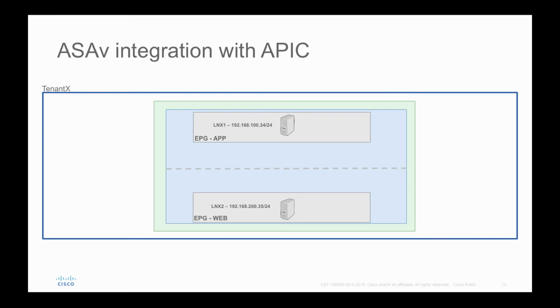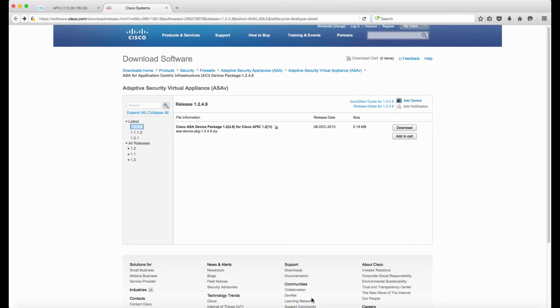Now using APIC controller and device package, I would be inserting ASAv between these two EPGs, and will configure ASAv in routing mode so that any traffic coming from app to web is routed via ASAv, and I'll control security policy on ASAv. So before we integrate APIC controller with ASAv, we need a device package from cisco.com, and we